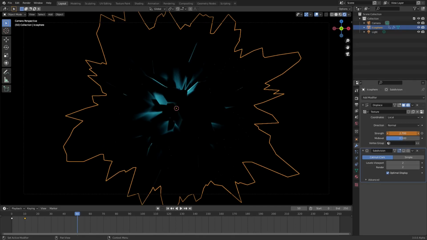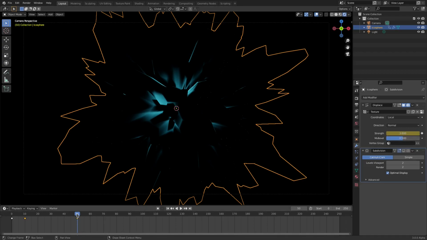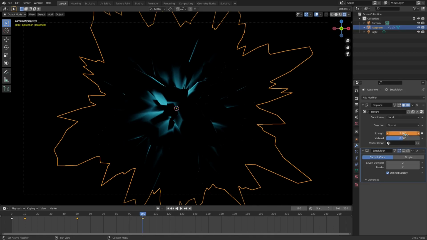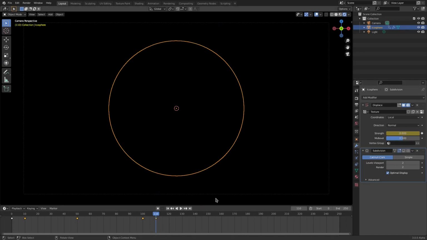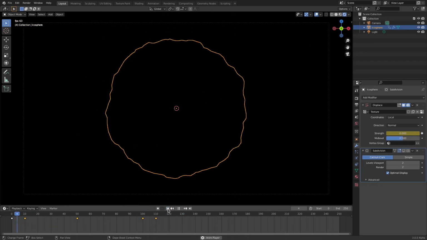Then we'll go to 50, and we'll push it way up, like to 3. Yeah, put it on 3.0. Hit I to insert a keyframe there. Go to like frame 100. Maybe change it to 3.5, so there's a tiny bit of movement, and then hit I. Actually, maybe even less than that, 3.2. Hit I. And then on frame 20 or maybe even frame 10, we can put this down to 0. Hit I to insert that. Now we have this, goes up, comes down, which looks really cool.